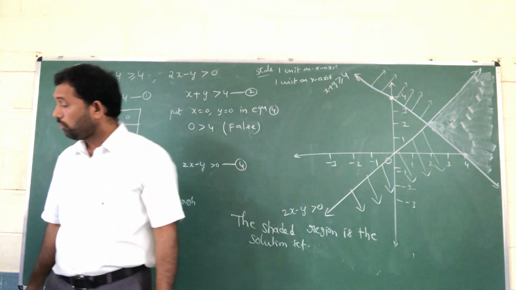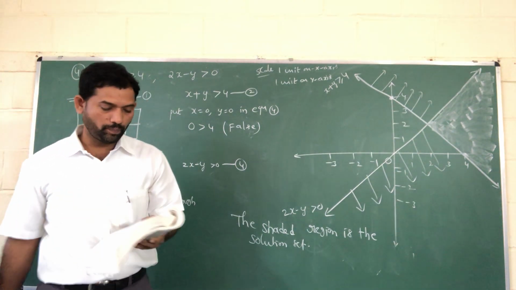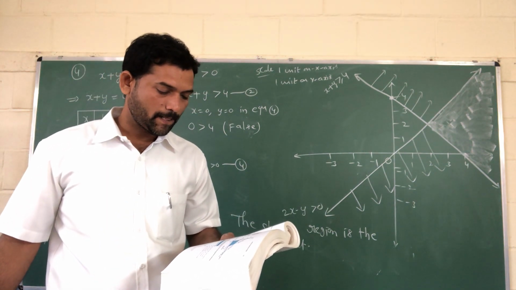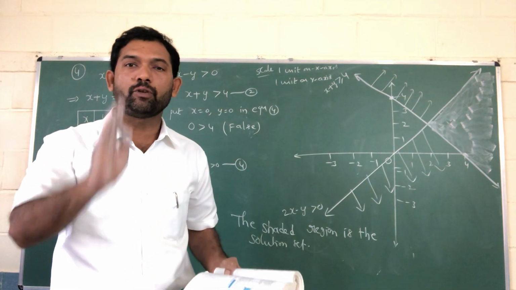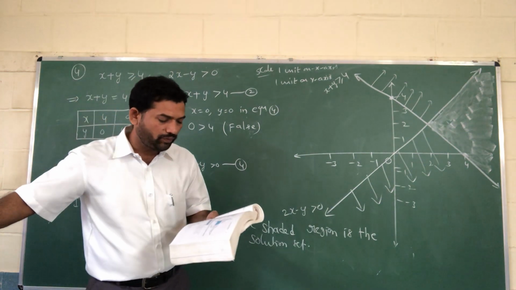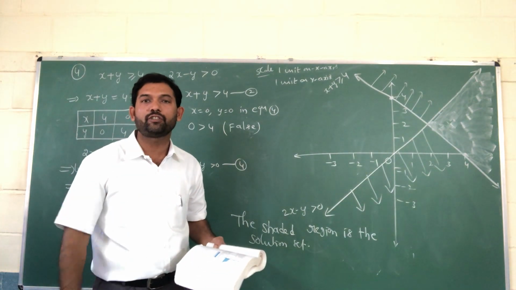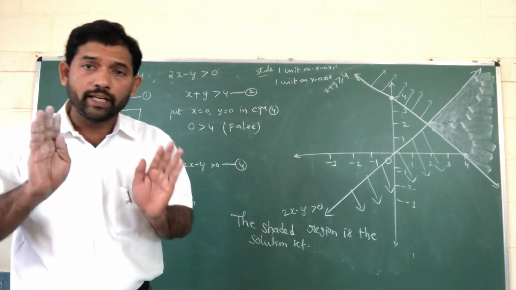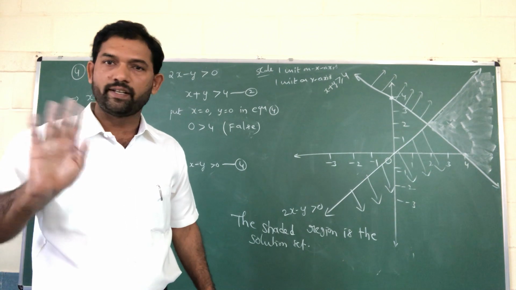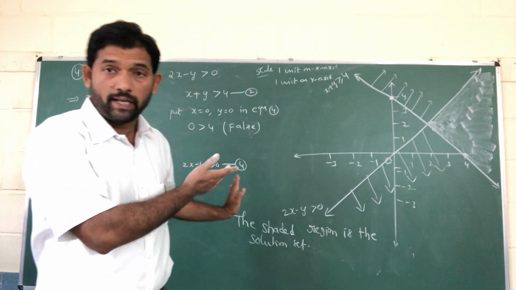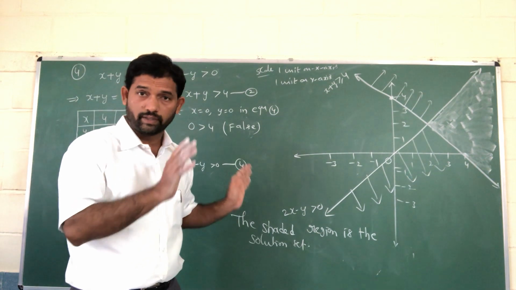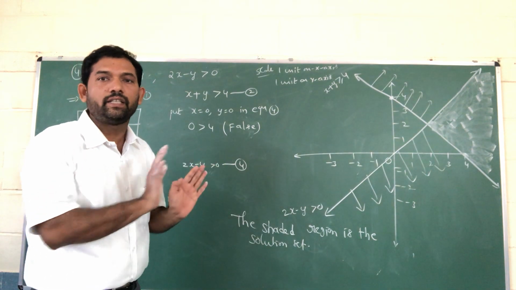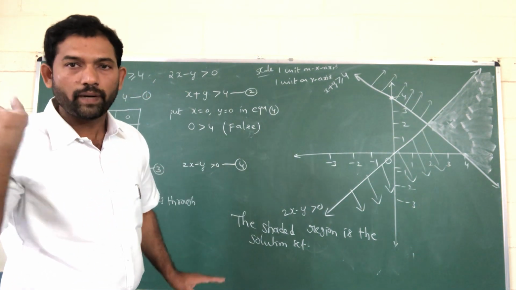So like that you have to practice. Practice the 5th question, 6th question, and 7th question. Only 3 questions you should practice. So see in your material and practice. You don't follow the material theory. What theory I explained while solving the problems, that theory only you have to practice. Okay na? Like that you have to practice. This theory is very comfortable to you, so you have to practice.